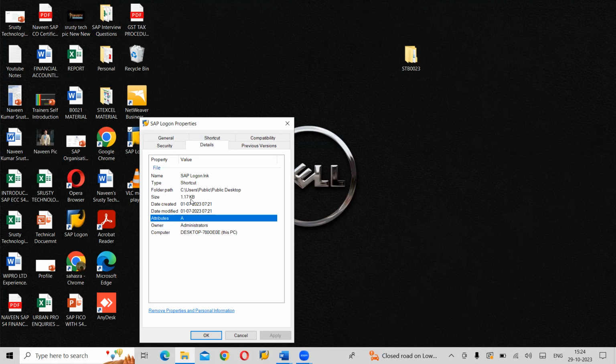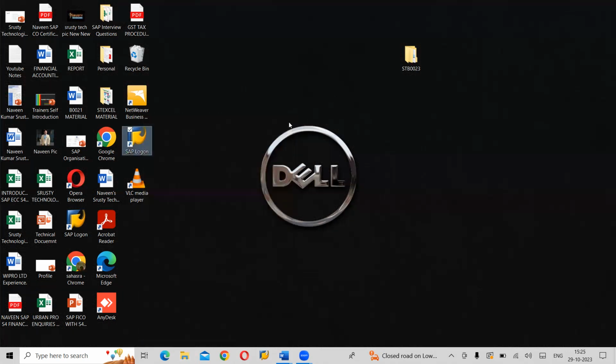I said less than 30 MB, but you can see 1.17 KB. Only this application we will install, and the server will be there automatically. So you can see the servers here.